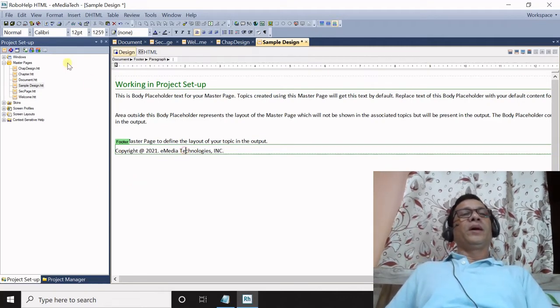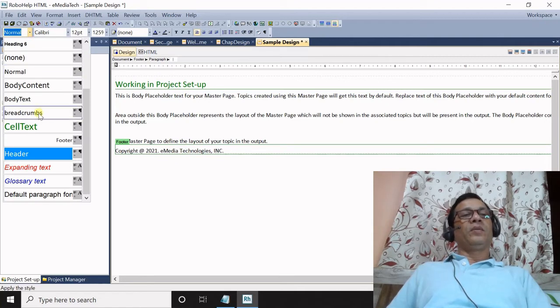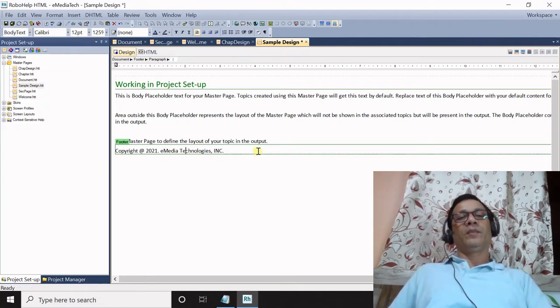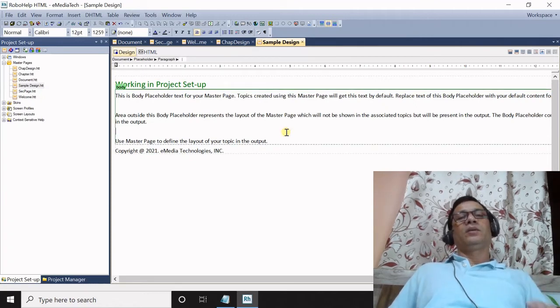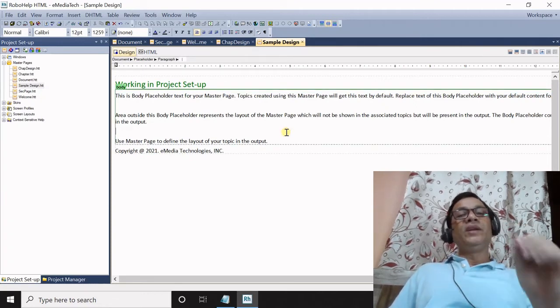And then you can apply a formatting style from here. I have applied. After you create a master page, you need to apply this master page to the topic which you want to appear in this style.